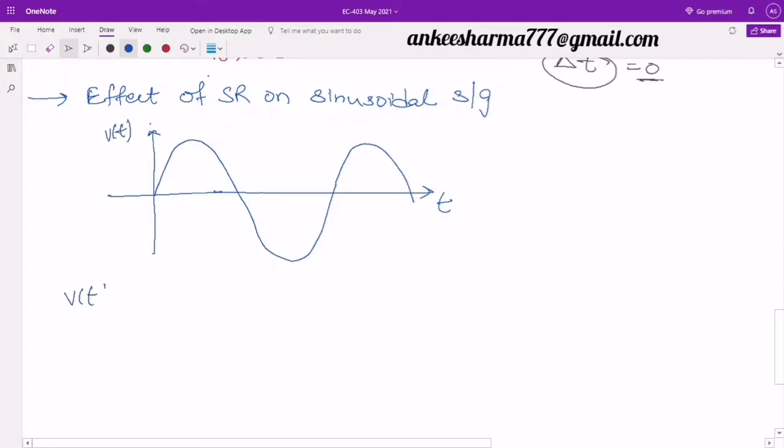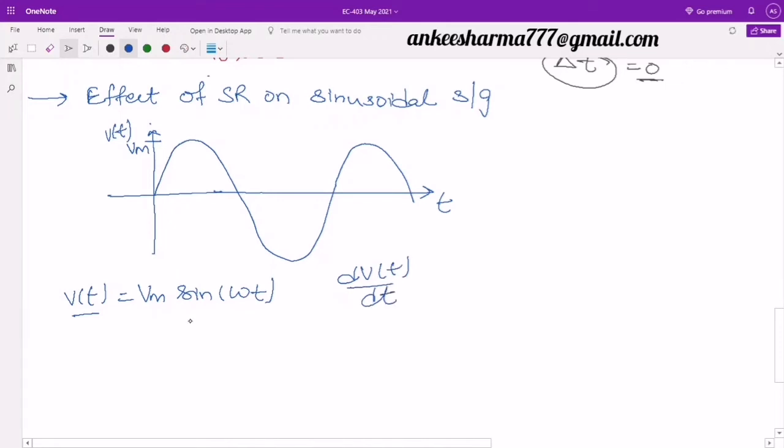So I will write this as v(t) is equal to, let this be the maximum value Vm, so it will be Vm sin omega t. I guess you all know how to write these signals. So this is v(t) equal to Vm sin omega t. Now, this signal is changing with respect to time. I said that the slew rate simply tells us the rate of change of an output with respect to time, and time is considered in microseconds. So simply to check this rate of change of the signal, I will take the derivative of it. So I will get dv(t) by dt.